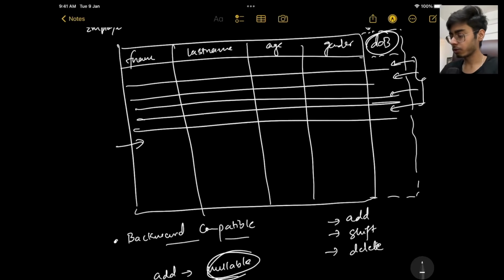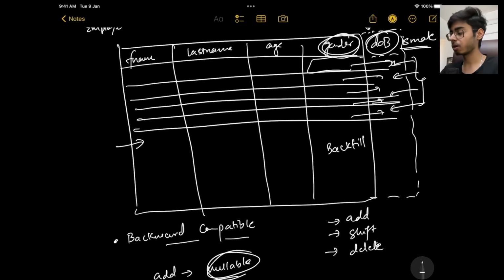Now for shifting, let's say you want to call this gender column is male. This is the new column name that you want to keep for gender. For a new column, you will create a new column. It will be nullable for sure at the initial level, and then you're going to backfill your values slowly. All the values from gender will be put in the is male column. So this is also done in parts.